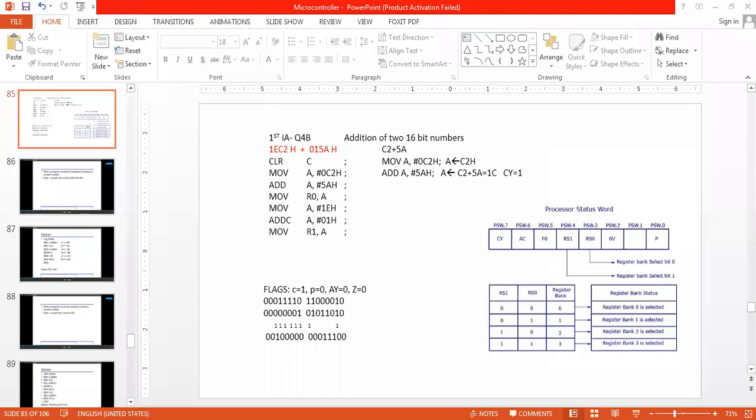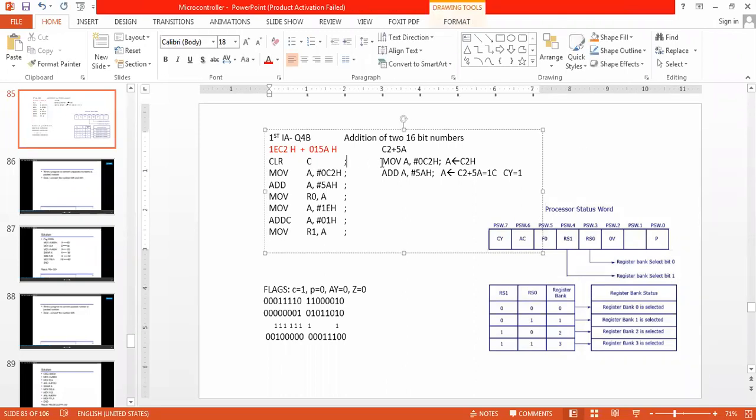Briefly, you revise once again. See, first what is happening here? C is equal to 0, correct? Then what is happening here?